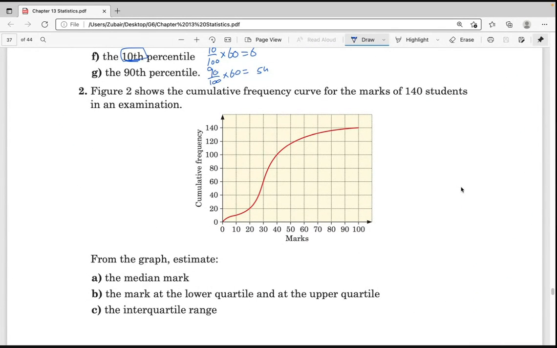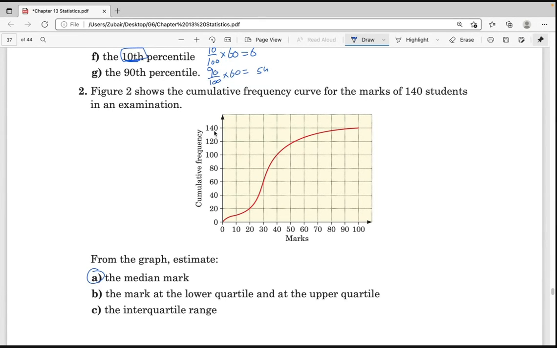Figure 2. Figure 2 shows the cumulative frequency curve of marks of 140 students in an examination. From the graph, estimate the median mark, the mark at the lower quartile and at the upper quartile, and the interquartile range. Okay. So one by one,